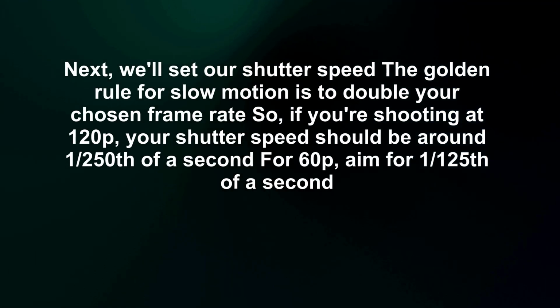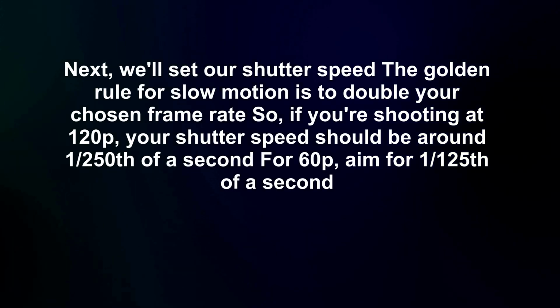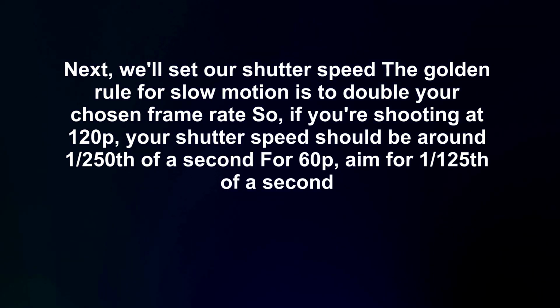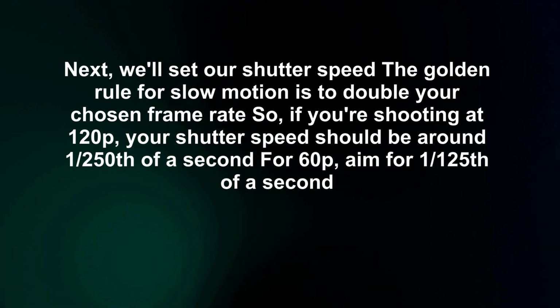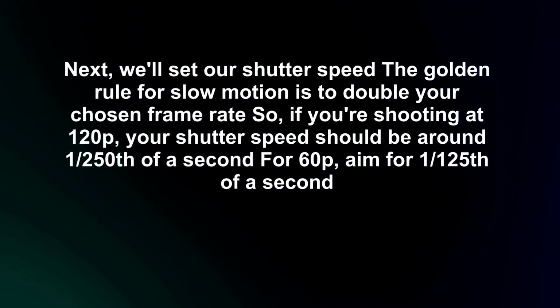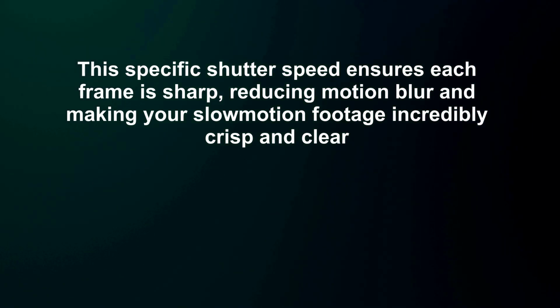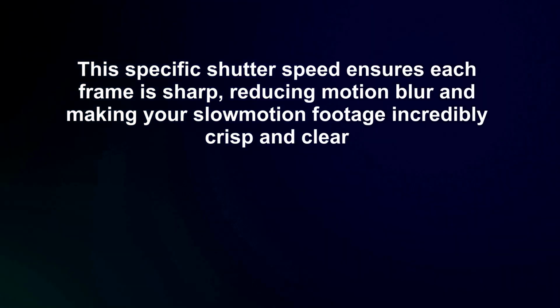Next, we'll set our shutter speed. The golden rule for slow motion is to double your chosen frame rate, so if you're shooting at 120p, your shutter speed should be around 1/250th of a second. For 60p, aim for 1/125th of a second. This specific shutter speed ensures each frame is sharp, reducing motion blur and making your slow motion footage incredibly crisp